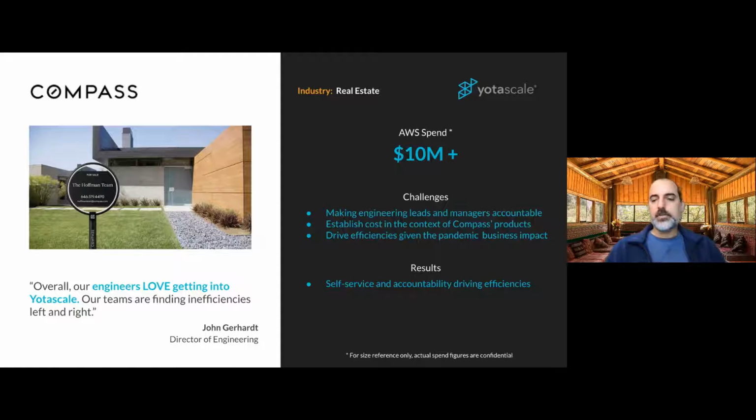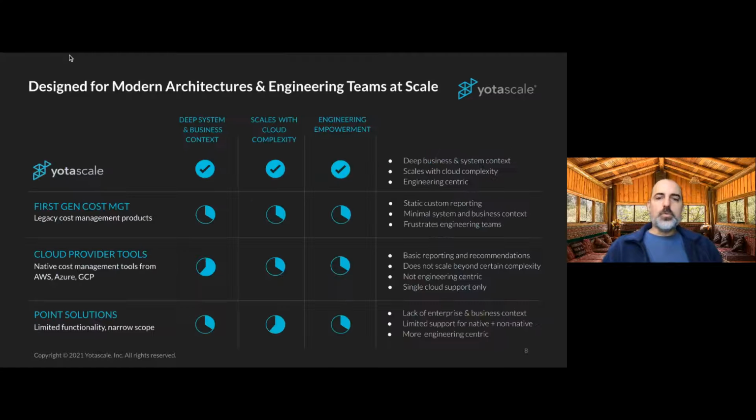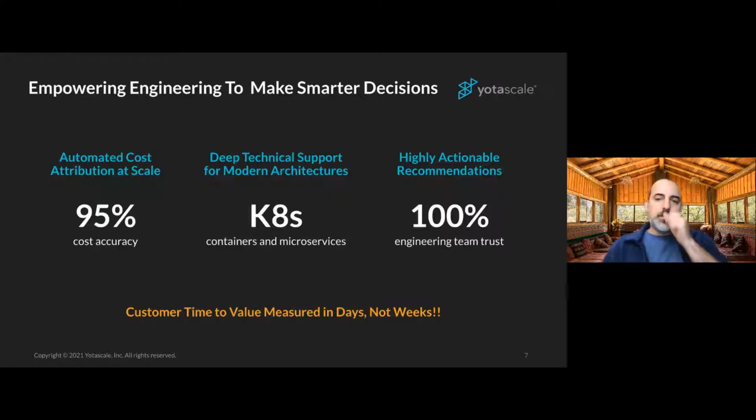This was not top down, a CFO coming to engineers at Compass and saying, you guys need to be better at this. It was really the engineers having a tool that they could build into their regular software development lifecycle that actually made it easy and a pleasure for them to go and find these things themselves. And it was really just a win for everybody. So what we're really doing here is empowering engineers to make smarter decisions, right? That's what's happening at Compass,